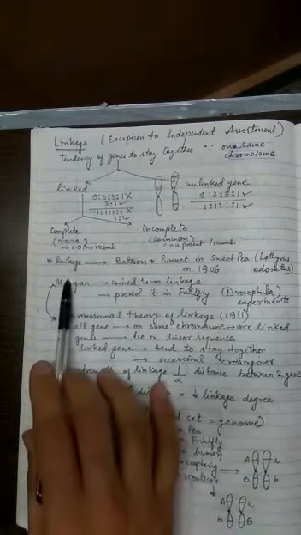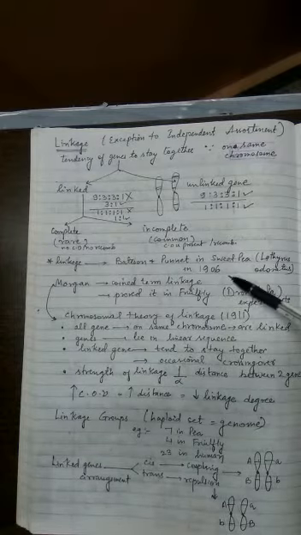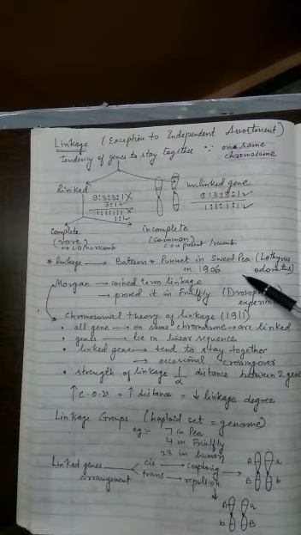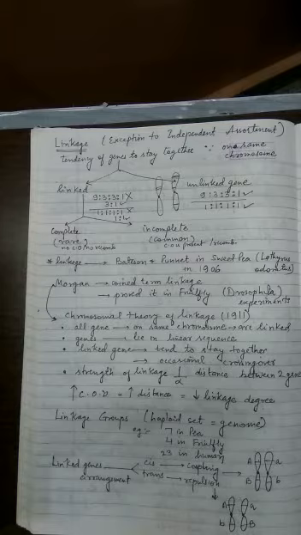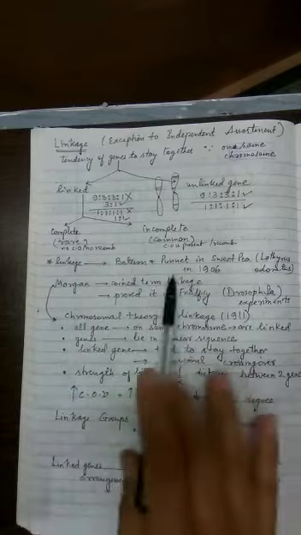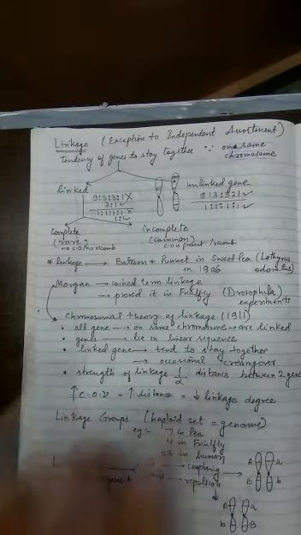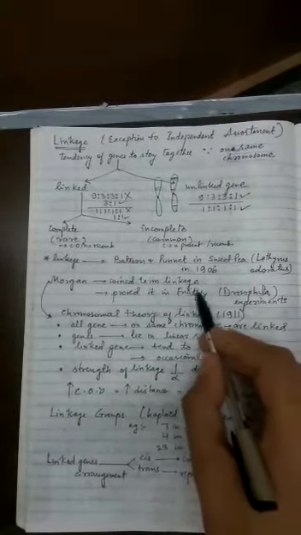Now, linkage was for the first time explained by Bateson and Punnett. They gave some idea because they were performing the complementary gene reaction, if you remember the concept of intergenic interaction. Bateson and Punnett were performing experiments in 1906 with sweet pea, or Lathyrus odoratus. They said that something could be there, that's why genes are not trying to go away but are trying to stay together. When two genes try to stay together, it is called linkage. But they could never explain this concept. Who explained it? Morgan explained it by performing experiments with fruit fly, and he also coined the word linkage.